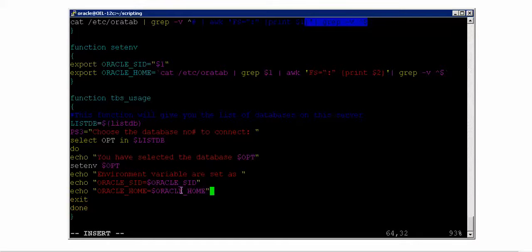So these are the environment variables which were set, is what this particular command is telling you. That's it. So let me test it.